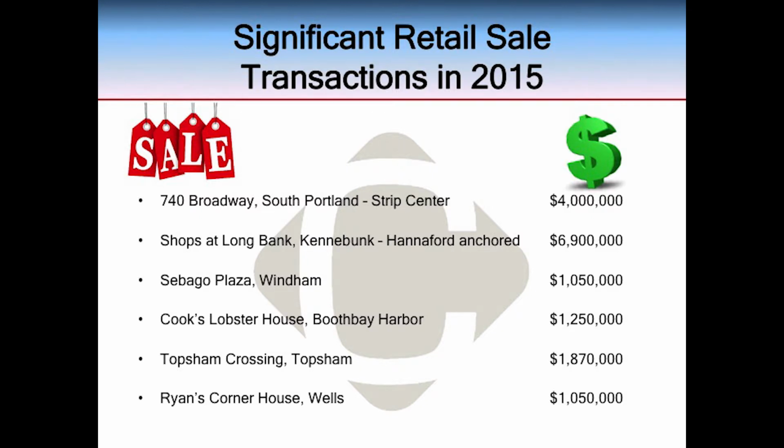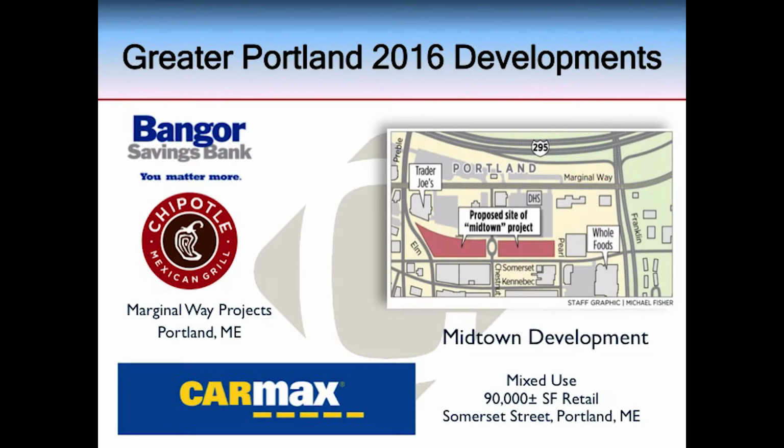Cook's Lobster House, again a mistake, I apologize, I have the wrong address on there. It's actually Bailey Island. And Topsham Crossing in Topsham was sold by John Doyon at Malone Commercial Brokers. And Ryan's Corner House in Wells, a brew pub, tavern type of place, their second location, was sold by Kirk Butterfield. This takes a look at some of the Greater Portland 2016 developments that are about to get underway